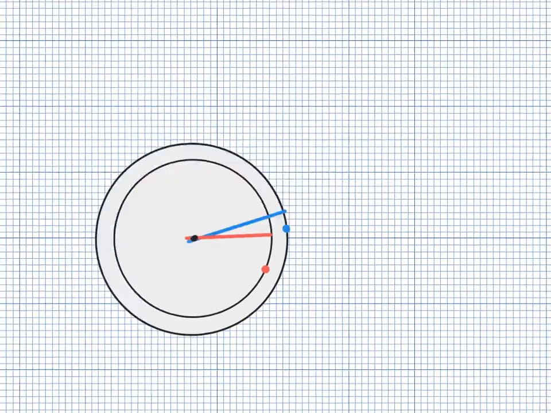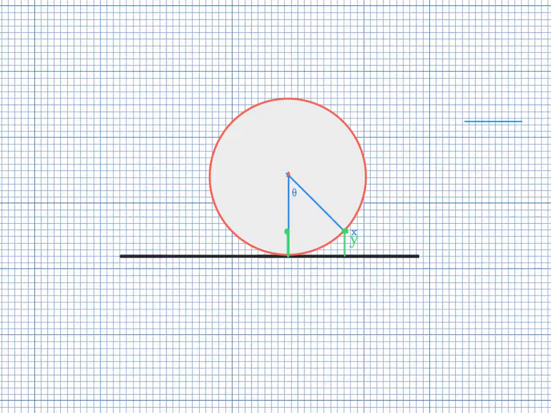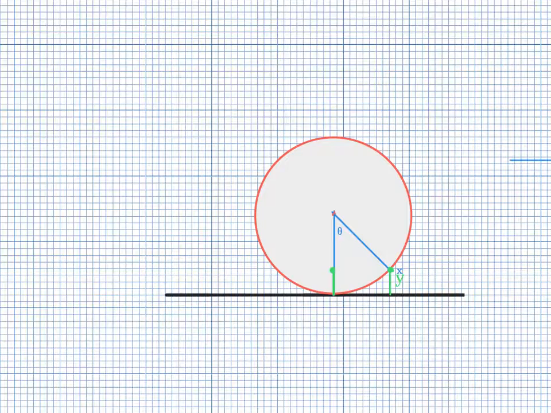Circular motion also helps us determine how high an object is off the ground by finding the angle subtended by the sector. For example, if we wanted to find the height of y, we would need to know the angle theta, represented by the sector that is subtended from y. We can see